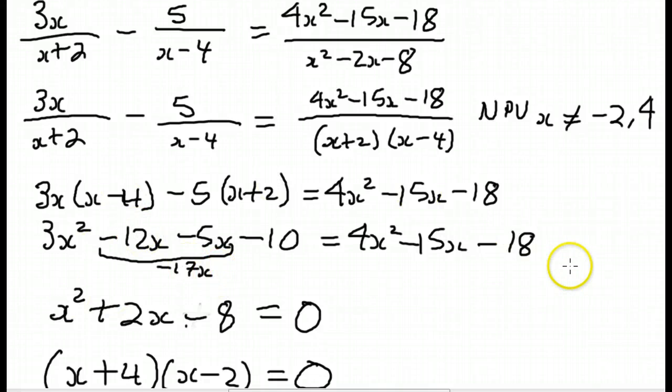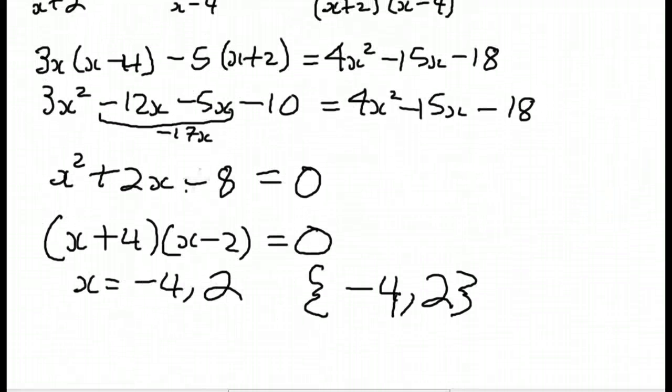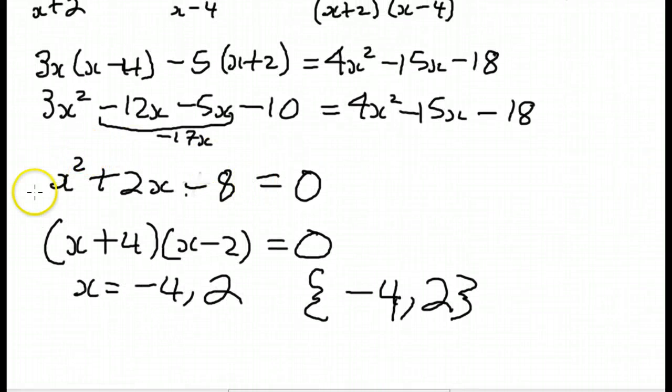Simplify. Collect all your terms to one side. In this case, collect them to one side because this is a trinomial. If I just had an x, x's on one side, numbers on the other, solve a linear. This is a quadratic, solve by factoring, check against the non-permissible values, and we are done. For example,